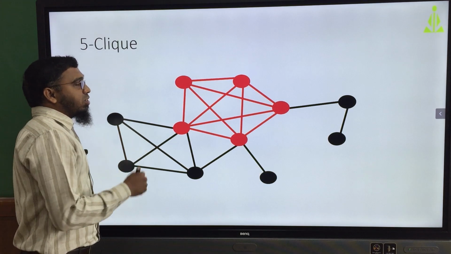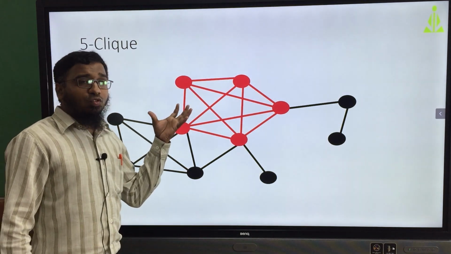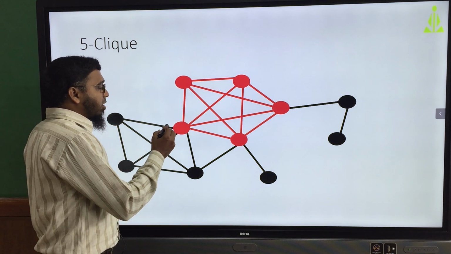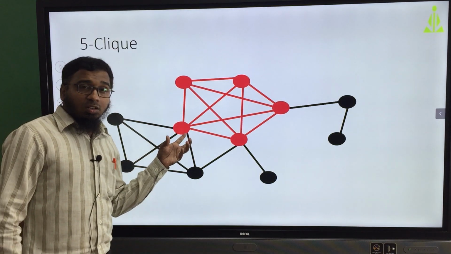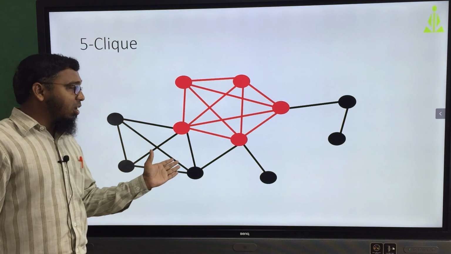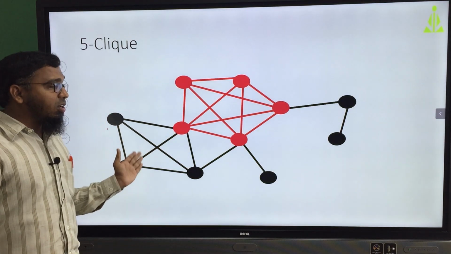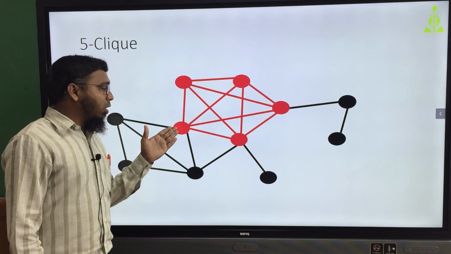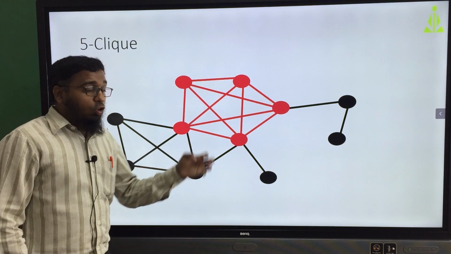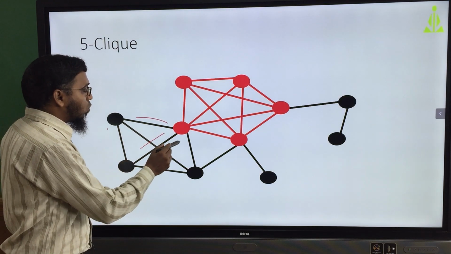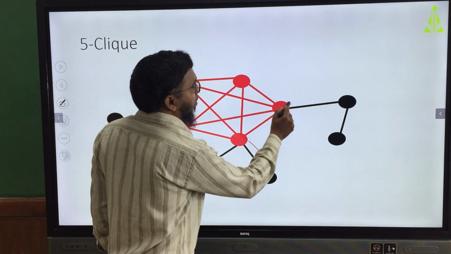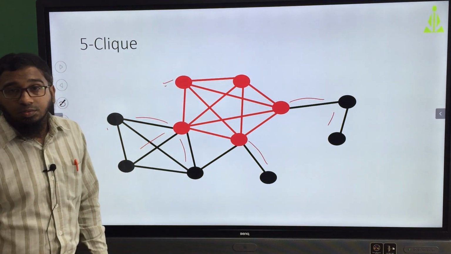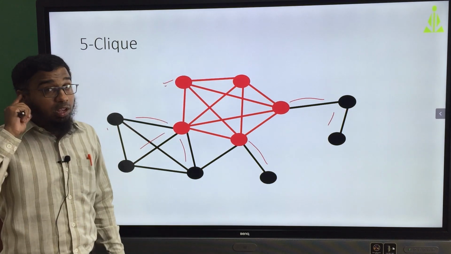Five cliques. So here we have to select in the graph in such a way that, if we don't select the black color and red color nodes, if you see, black color nodes, if you did not select, no problem, but if you select the red color, then you can go to any one of these nodes. So these 5 are cliques, 5 cliques. When you make it like this, then it will be 5 cliques.